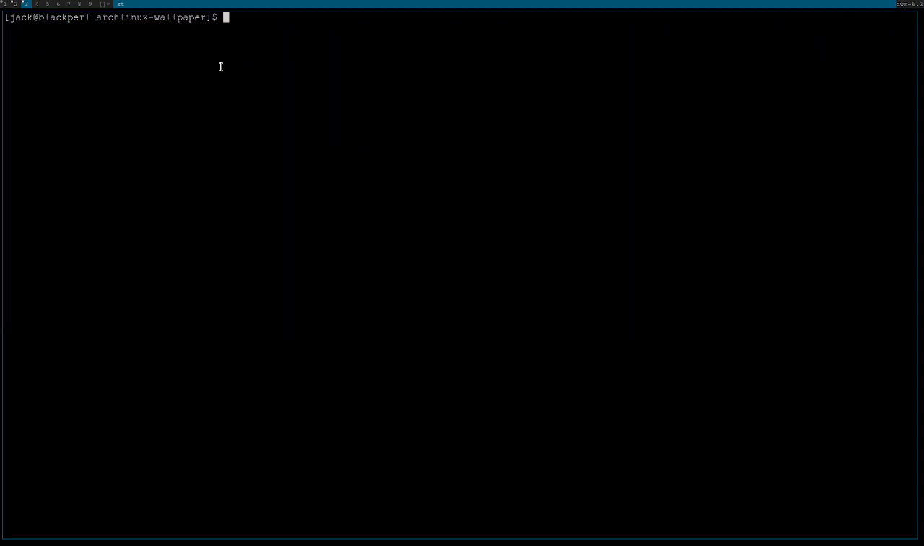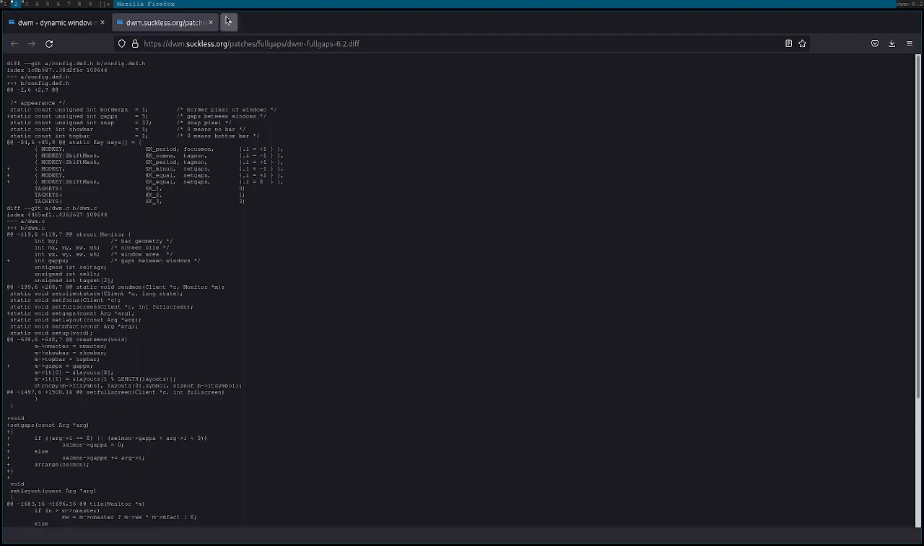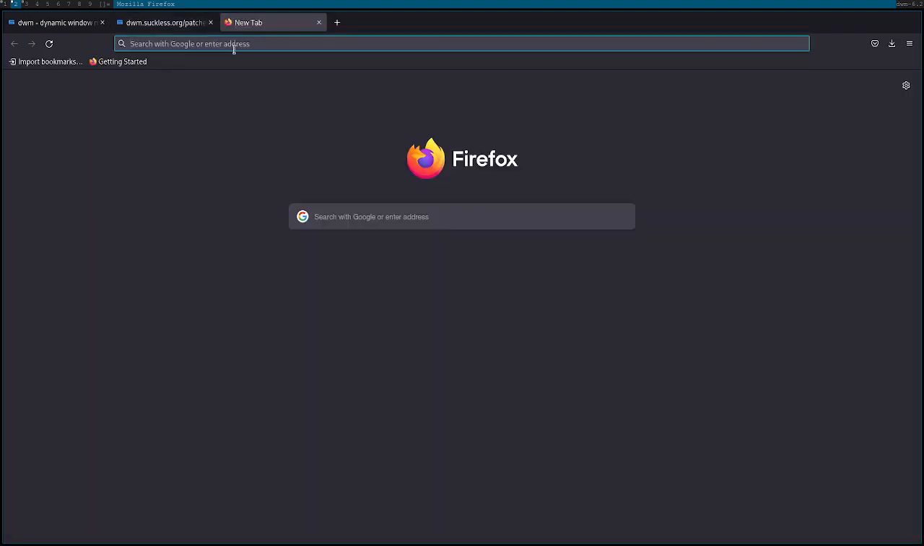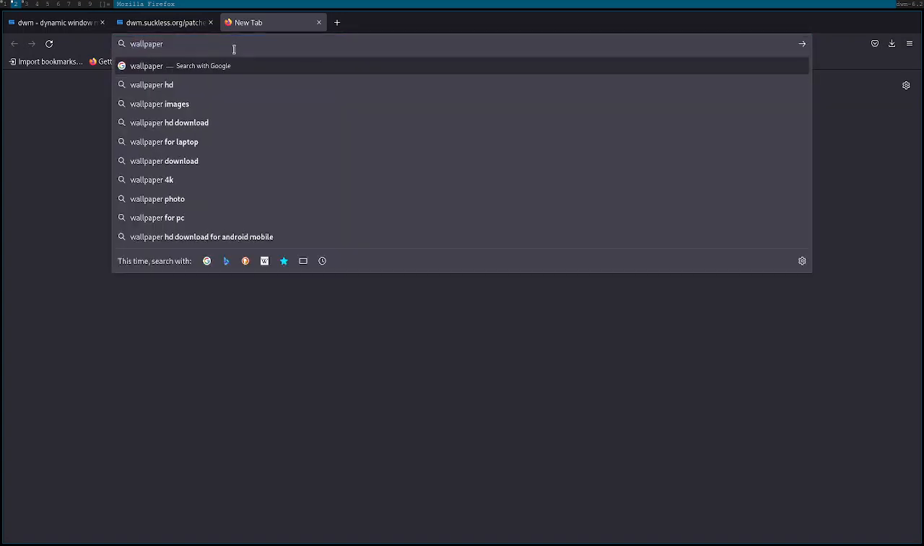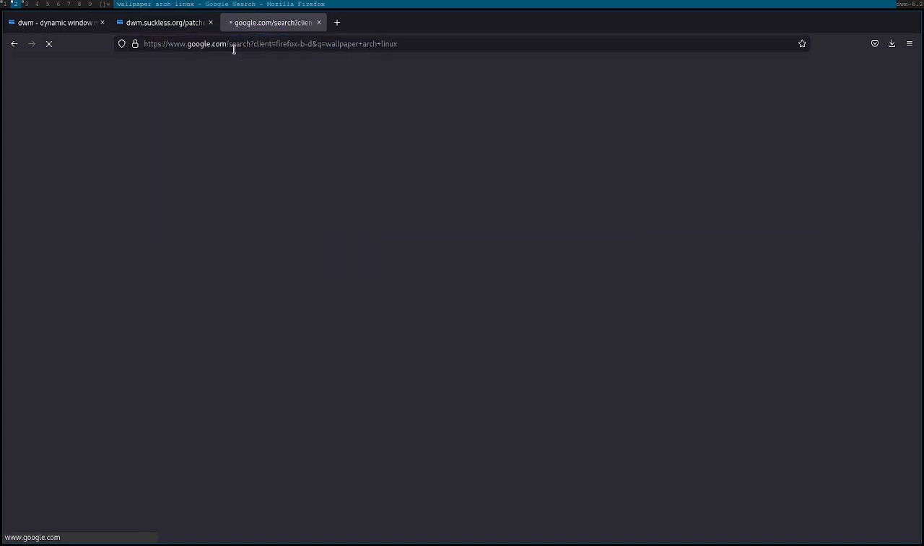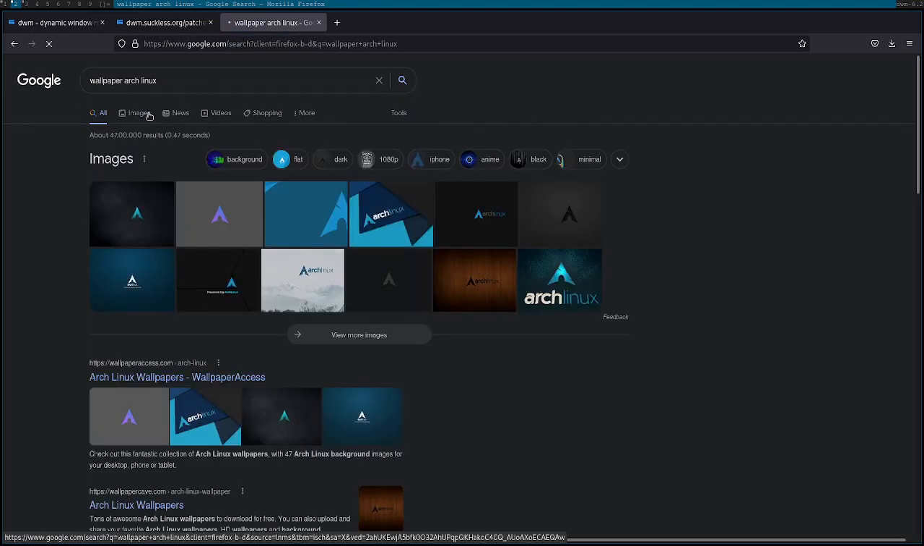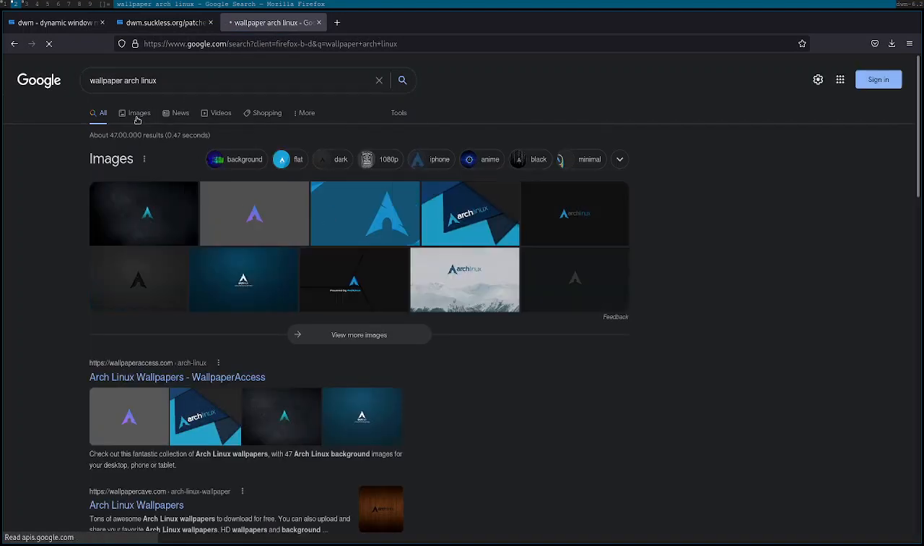There is no wallpaper, is it? Okay, I don't remember much where the wallpapers were downloaded. Let us just go ahead and download a wallpaper from the web. Let us do wallpaper Arch Linux, something like that,